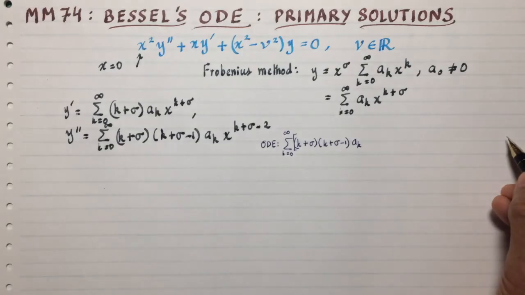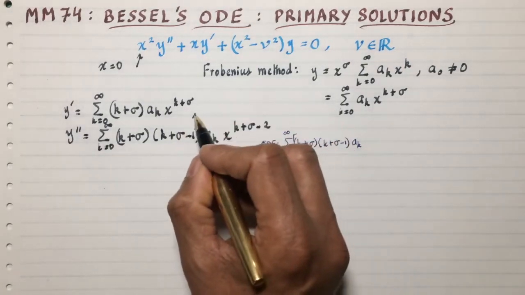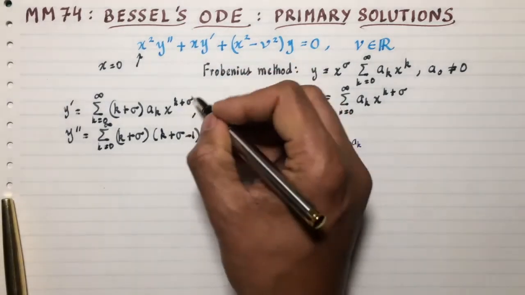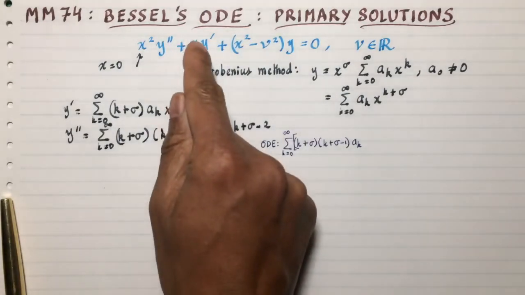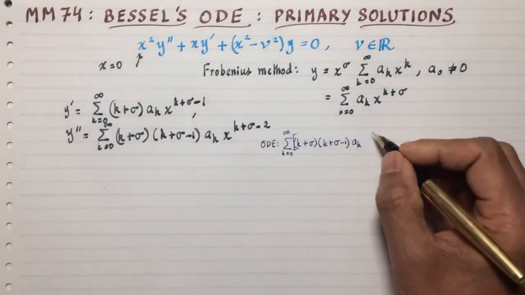I'll keep the factor of x to the k plus sigma outside, and I made a mistake here, that's k plus sigma minus 1 here on this one. When I multiply this by x, that gets rid of the minus 1 there, so I get